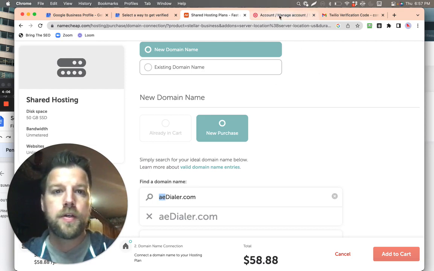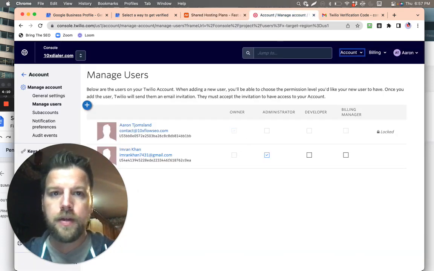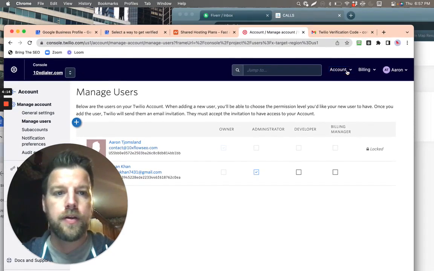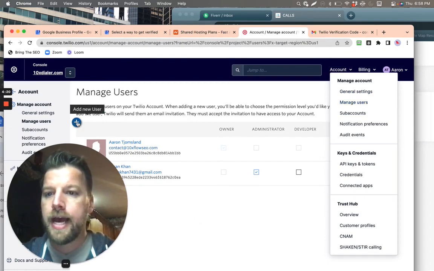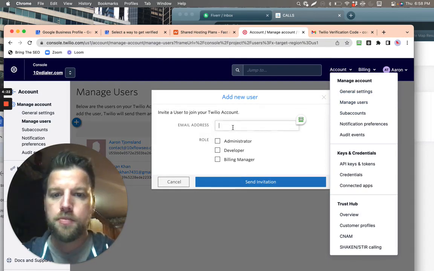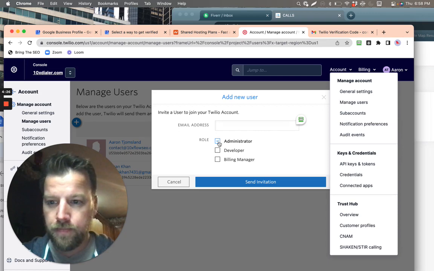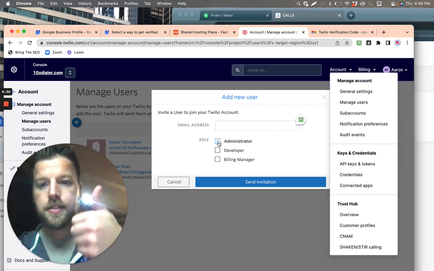And then you're going to need to add whoever it is that's helping you. You just need to add them in your Twilio account where you have manage users. So you go to manage users. It's as simple as coming over, add new user, and you just put in their email address, and you need to add them as an administrator. Okay? So step one, get your hosting. Step two,